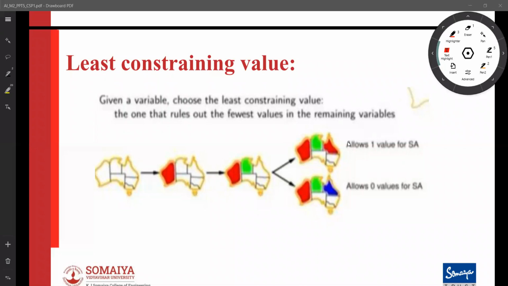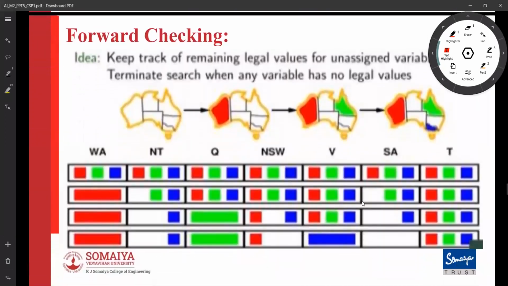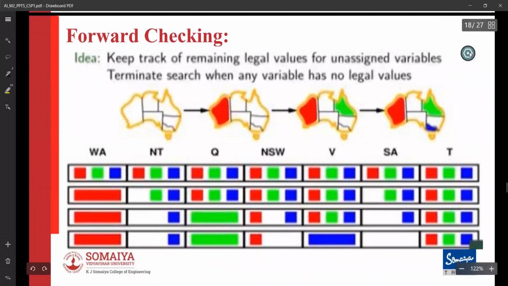Now we will come to the most interesting point, that is constraint propagation or inference. We start with forward checking. So the idea that we will study is forward checking. Now, what forward checking is, is very simple. It is basically saying that whenever you assign a value, you figure out which values are no longer possible. In fact, you need to do this for the least constraining value heuristic anyway.